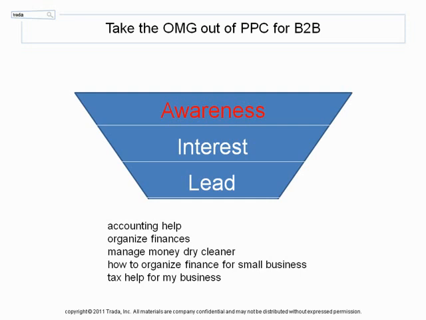And so we'll talk about some of the things that someone might type in if they were at the awareness part. They might type in accounting help, organized finances. These are just a few of the keywords. Remember that one person alone can't think of all the different keywords someone might type in, so it's a good idea to work with someone else. So you consider people starting to think about maybe having a little bit of a problem when you write for the awareness phase. And you should note that these are solution-centric keywords. They center around search terms that identify a problem.